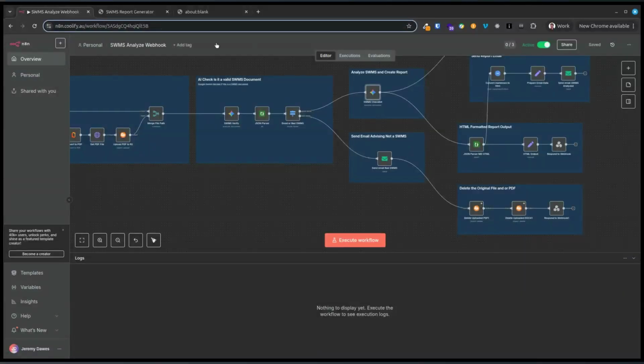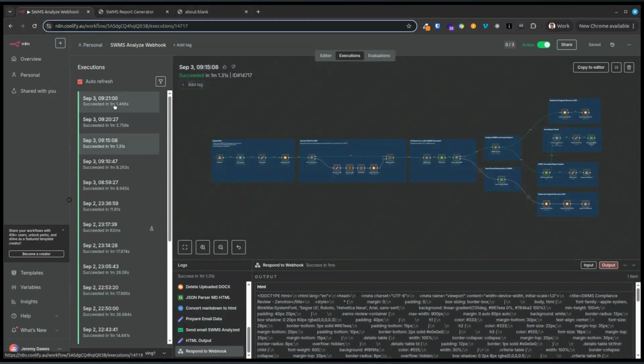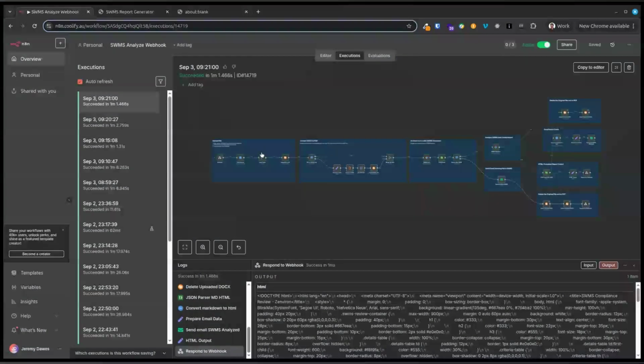And I'll say in the background, you can see this workflow ran quite nicely and followed it all the way through to completion. That's the idea of a workflow that's agentic, because we've got these Gemini agents that are doing some work for us. So yeah,